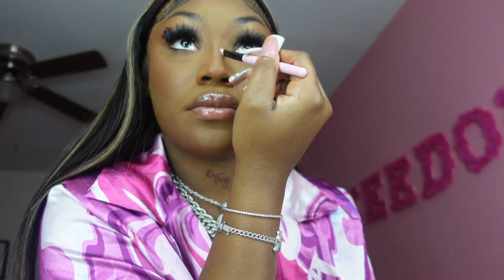The setting powder is for concealing. The bronzer is for contouring, setting your contour. So wherever you contoured, you're gonna go in with this bronzer, and basically this is the dry product to set it, make it stick, make it look really matte. You can take any small brush, go in with very small product, and go in with the same area that you use for contouring. And voila,